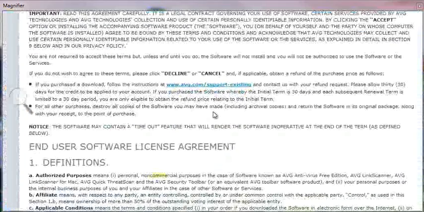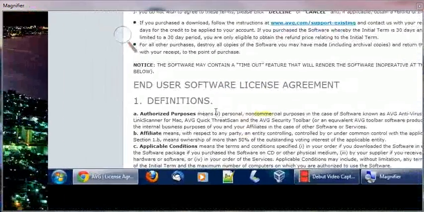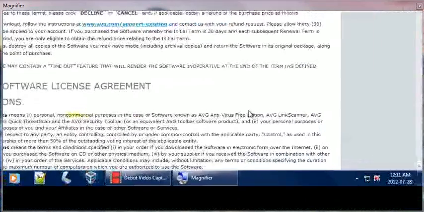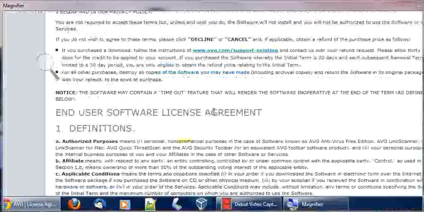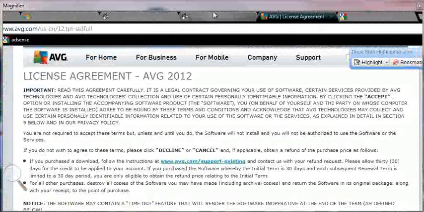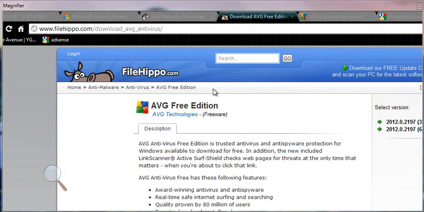Alright, so I just finished reading the license agreement for the AVG 2012 free edition, and the first line means personal, non-commercial purposes in the case of the software AVG and some of their free products that they offer. So that's one of the reasons why I do not use AVG free, because the license states that you're not allowed to use it. I mean, if you get caught and stuff like that, you just don't want to get involved with any of that stuff. So just stay within the boundaries of the license agreement, and that's why I use Microsoft Security